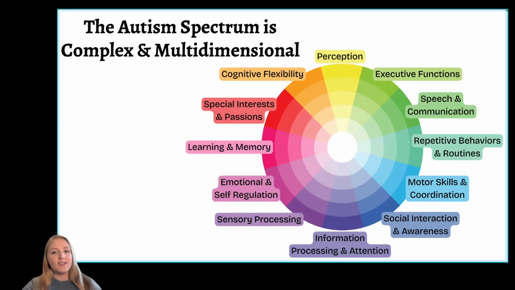It should be pretty obvious that this graphic is a lot more complex than the one I showed you on the last slide, but it's still only scratching the surface of autism's true nature and complexity. That being said, there's a lot more than one or even two ways of being autistic, and in reality, the range and diversity of autistic experiences is very broad. For example, one autistic person might need support with motor skills or executive function, but not communication, while someone else might excel at those things but struggle with, say, social connection or emotional regulation.